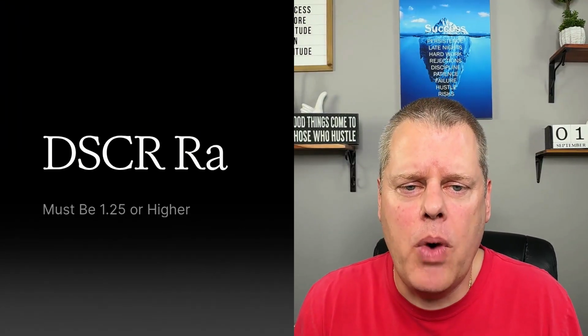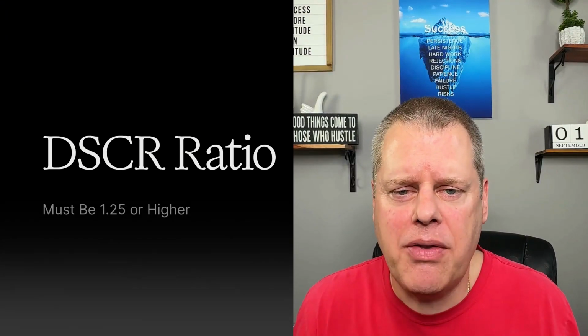You need to be somewhere, and this is where you build your math and go through every single expense line to make sure you're not missing anything. You need to be at a DSCR ratio of 1.25 or higher. If you get to 1.35, 1.45, you're really giving yourself some cushion, God forbid, if something happens, especially if you